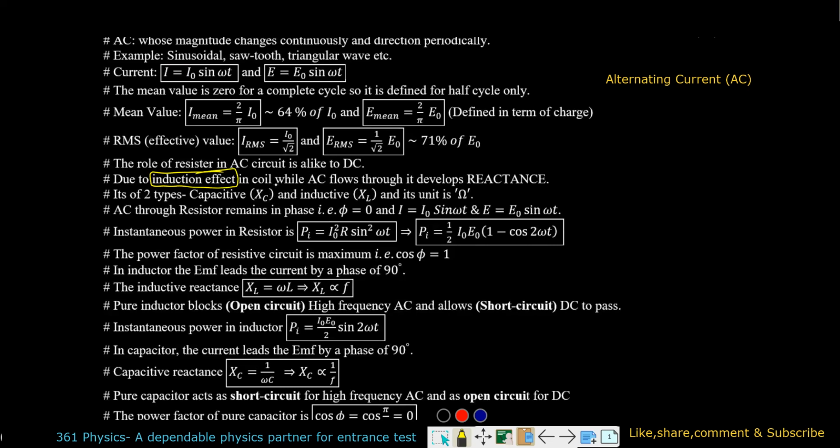Due to induction effect in coil, AC flows through it, develops a kind of resistance that is what we call reactance. त्यसै गरी क्यापासिटरमा पनि चार्ज जम्मा हुन्छ, एउटा प्लेटबाट अर्को प्लेटमा चार्ज जम्मा गर्दा अभियसली डिफिकल्ट फिल गर्छ त्यो सिस्टमले फिल गरेको डिफिकल्टीलाई हामी रियाक्टेन्सको टर्muमा बुझ्छौँ। त्यसैले इन्डक्टरको केस होस् या क्यापासिटरको केस होस्, दुईटै केसमा एक्स्ट्रा रेसिस्टेन्स बिल्डअप हुन्छ जब एसी पास गर्छ। यु हेभ टु बी भेरी केयरफुल। एसी पास गर्दाखेरि एक किसिमको रेसिस्टेन्स प्रोड्युस गर्छ र त्यो रेसिस्टेन्स भनेको रेसिस्टरको जस्तो होइन है, आफै बिल्डअप हुने रेसिस्टेन्स हुन्छ, त्यसलाई हामी रियाक्टेन्स भन्छौँ। र obviously this is XC and XL, they are respective of kind, and